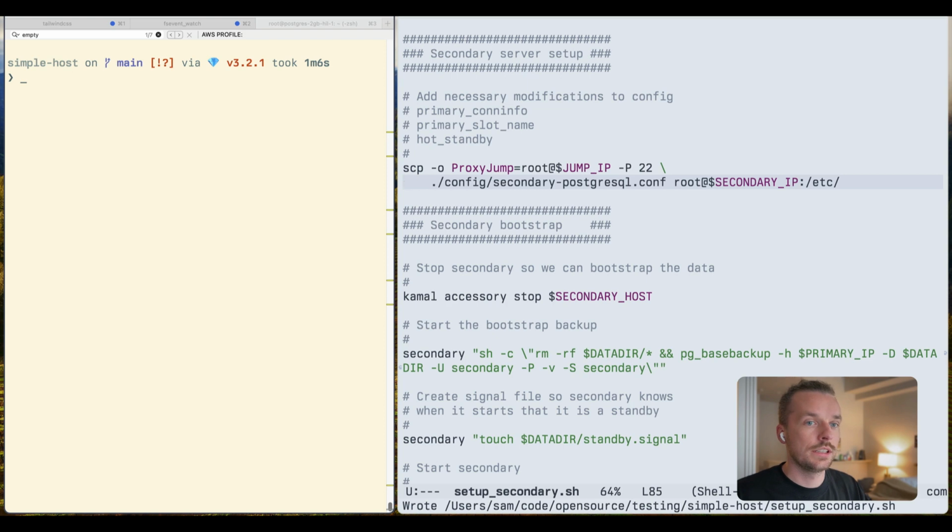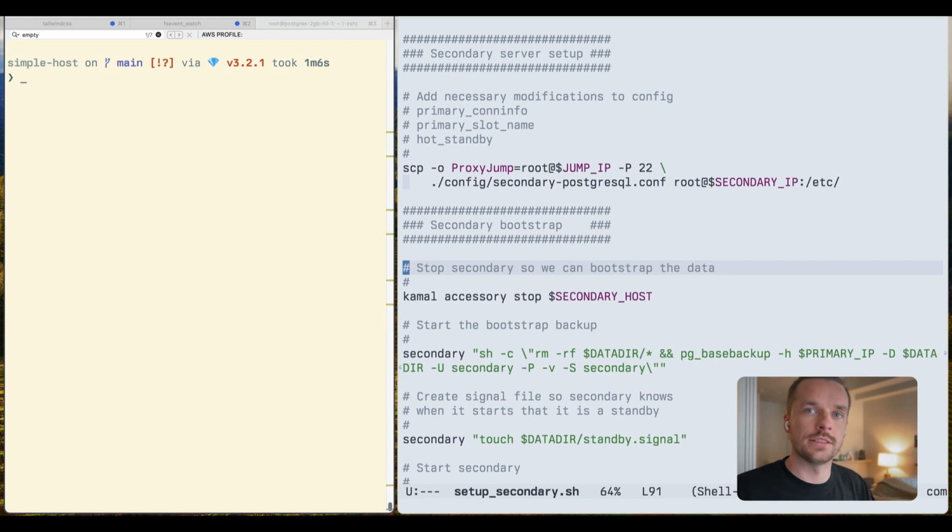we will need to restart the server. But we're going to need to restart the server again, so let's just wait on that until the end, and let's just stop it at first. The reason we're stopping it is we don't need Postgres to be running at this moment. Actually, we don't want it to be running, because what we need to do first is bootstrap the data. And bootstrapping the data requires that we delete all of the files from the data directory and then run the command pg_basebackup. pg_basebackup is a command for bootstrapping secondaries, as well as helping you with point-in-time recoveries, things of that nature,